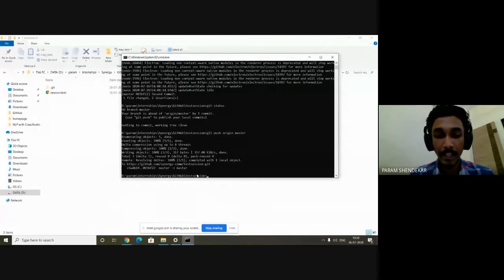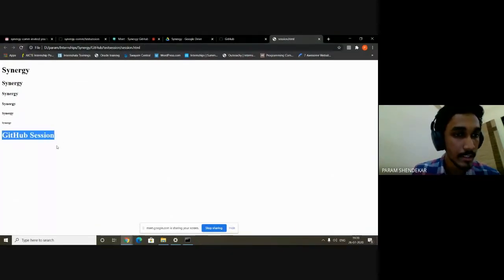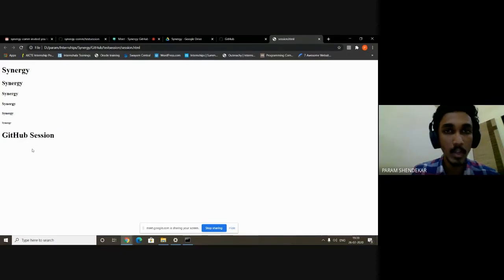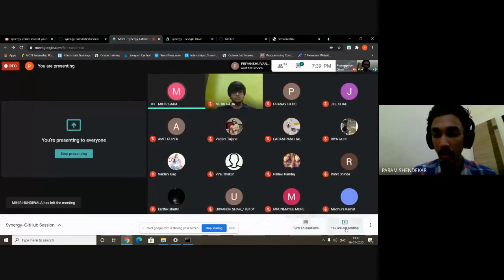If you are collaborating with people you know and you want to contribute to the same source code, this is how you do it. You just push and pull the code and modify the changes, and that is how easy things are. So yeah. Now, if I refresh, you guys can see this is the change that was reflected. Now, Mihir, you can go ahead and show that the changes were reflected.